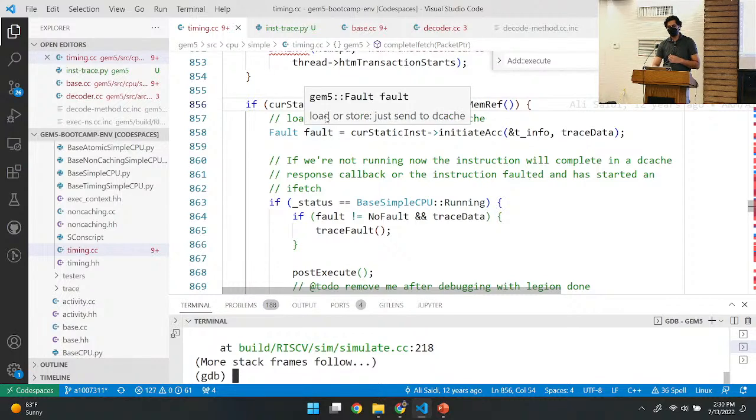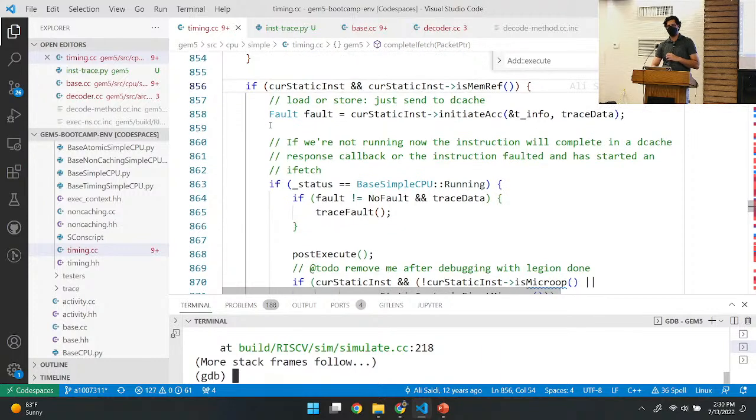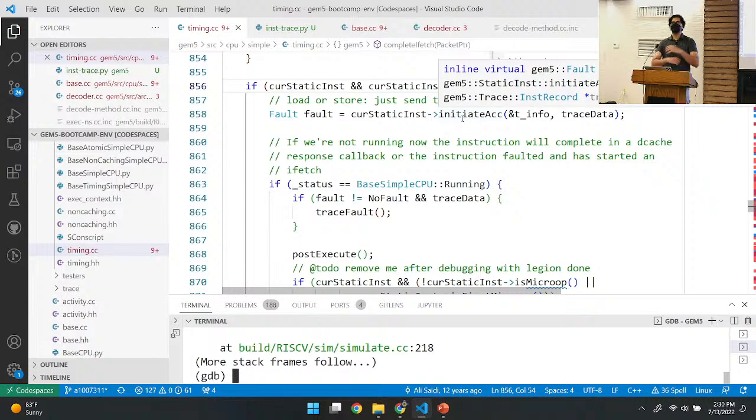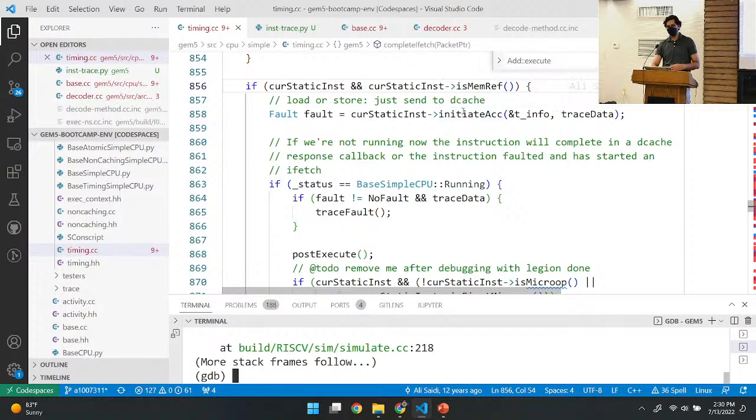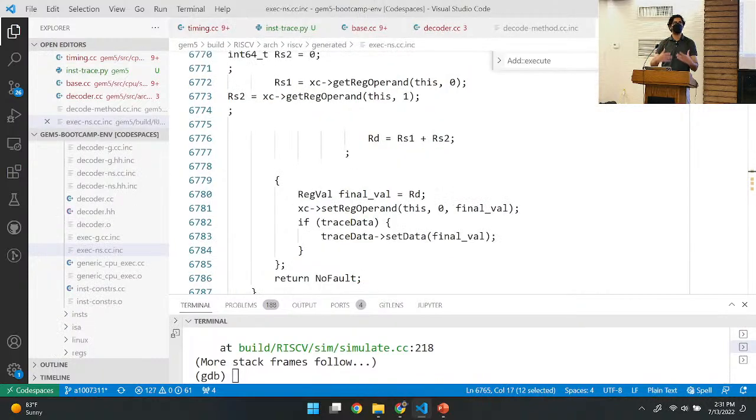But if it's a memory operation, at line 856, where this check is being made, the first thing you're doing is calling the initiate access of your static instruction. Does that make sense? So as soon as you figure out it's a load instruction or a memory operation, you call the initiate access of the static instruction. That means the actual implementation of that has to be inside